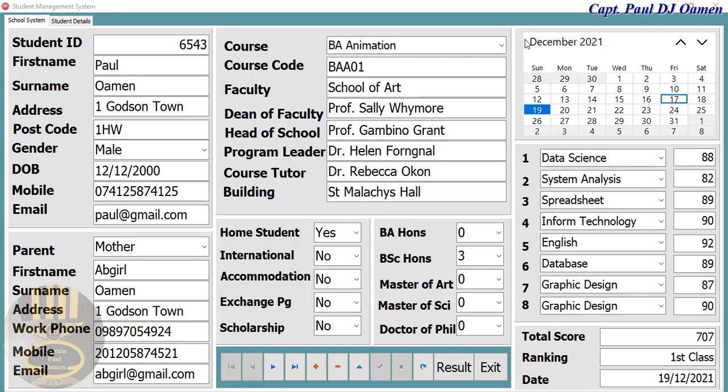Right here we have the monthly calendar, and right below it are the different subjects. Then we have the course, and here details of the student, guidance, and more information about the student and the course. We can always navigate, though we only have one record in here now, or we can just click on